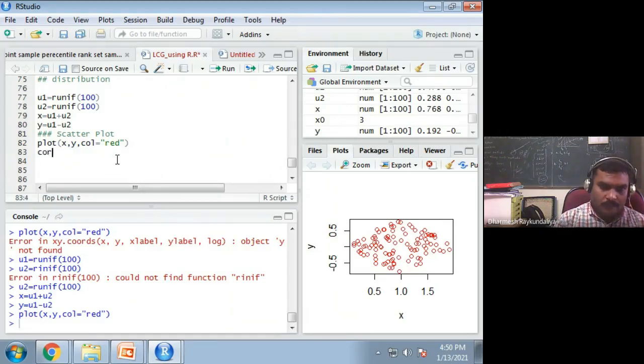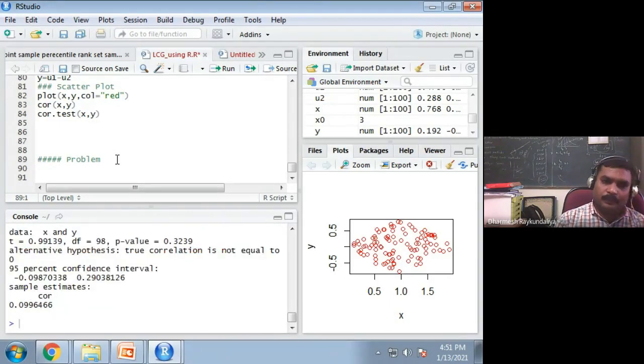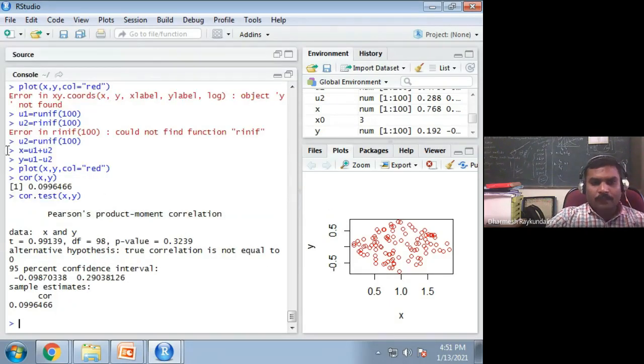Right. So you can also try to identify based on the correlation. Correlation between x and y. What is the value of correlation? It is 0.09, so almost negligible. Now I will perform the correlation test. The third question is: is rho equal to 0? Statistically rho will not be exactly 0, but we test whether it is significant, so we will perform the correlation test. And what is the result? When you perform the correlation test, rho equal to 0, it is a Pearson product moment correlation.